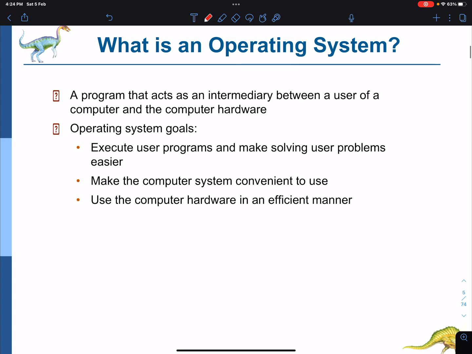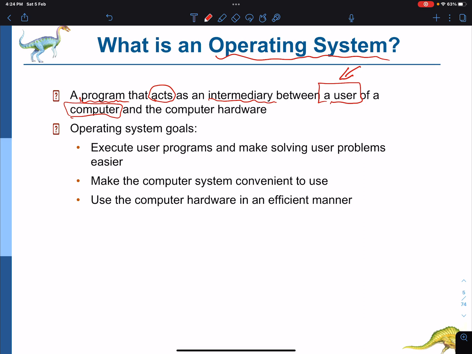So here it is. What is an operating system? A program that acts as an intermediate layer between a user and the computer. This user doesn't have to be a human.